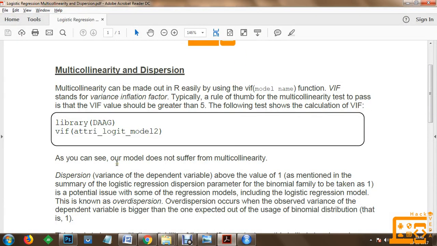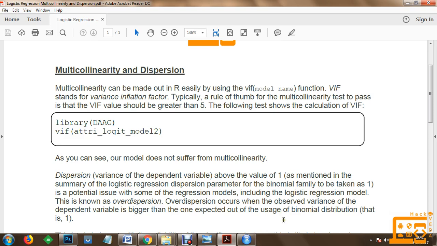Dispersion is actually the variance of the dependent variable above the value of 1. As mentioned in the summary of the logistic regression, the dispersion parameter for the binomial family is taken as 1, which is a potential issue. So dispersion is actually a potential issue with some of the regression models, including the logistic regression model.